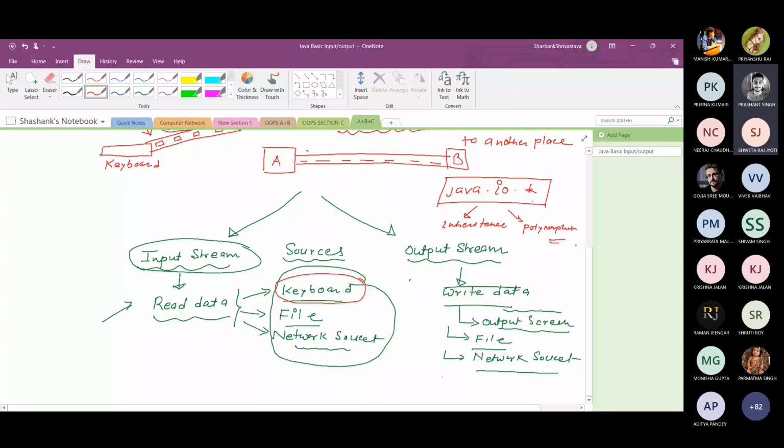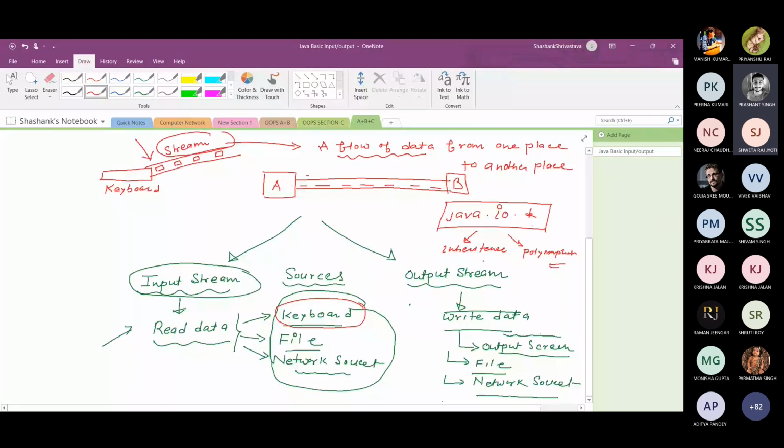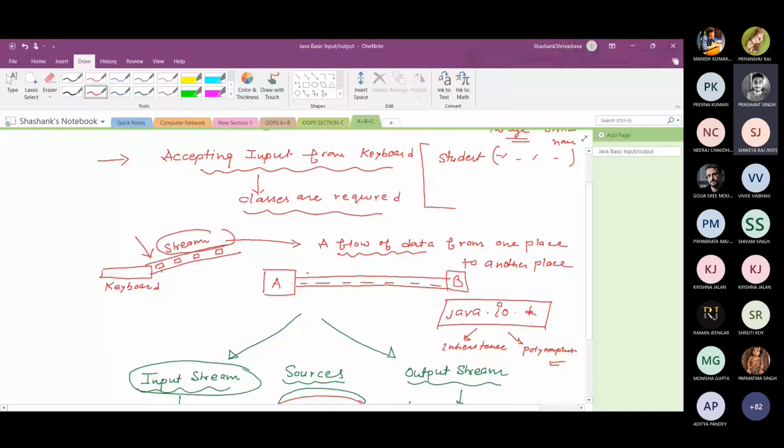Is there any confusion in stream? So stream is basically a flow of data from one place to another place. एक pipe होगी logical, जहां से डेटा लेना है वहां पर कनेक्ट करेंगे, जहां पर डेटा भेजना है वहां कनेक्ट करेंगे, and data is flowing from one place to another place. Okay. And this is a logical stream. तो अब ये होगा कि पाइप क्रिएट कैसे होगी. पाइप ऐसे क्रिएट होगी, कोई क्लास होगी स्ट्रीम टाइप की, इनपुट या आउटपुट स्ट्रीम टाइप की, उसका ऑब्जेक्ट क्रिएट कर लेंगे. So that object basically behaves as a stream instance.